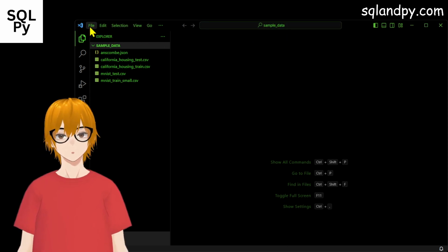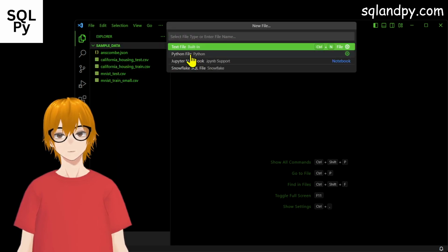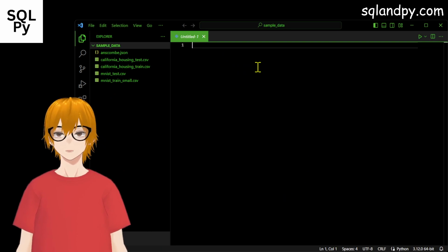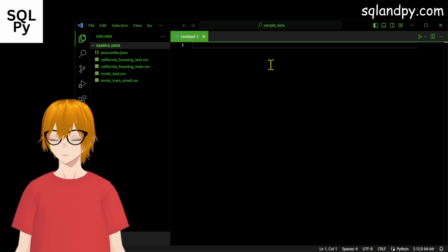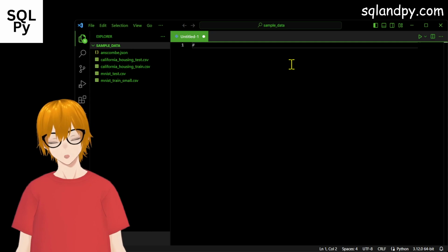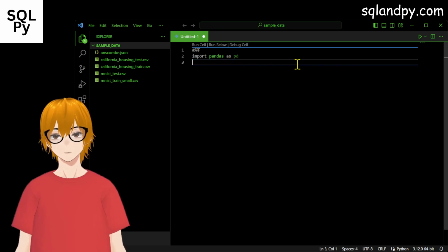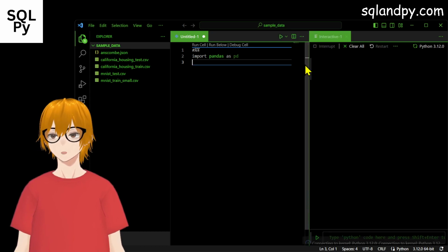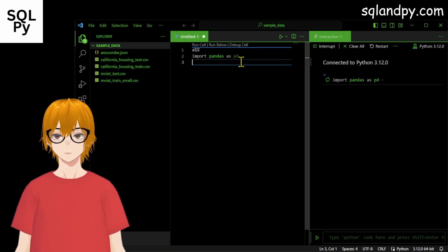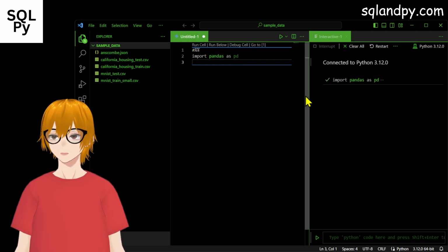To do this, we will create a new file, which will be a Python .py file, and we will use it as a Jupyter notebook with Jupyter cells by typing hash %%, and that opens a Jupyter cell. In that cell we type in import pandas as pd, and then to run it we use Control Enter. That runs it and lets us stay on the cell as well. The output here is in the interactive output window,